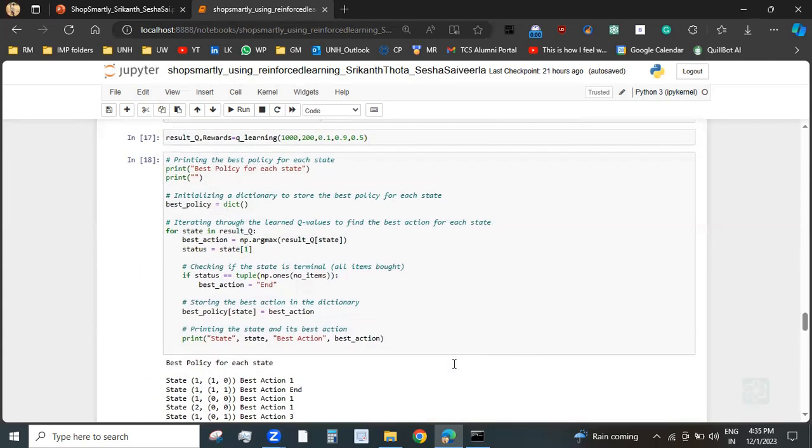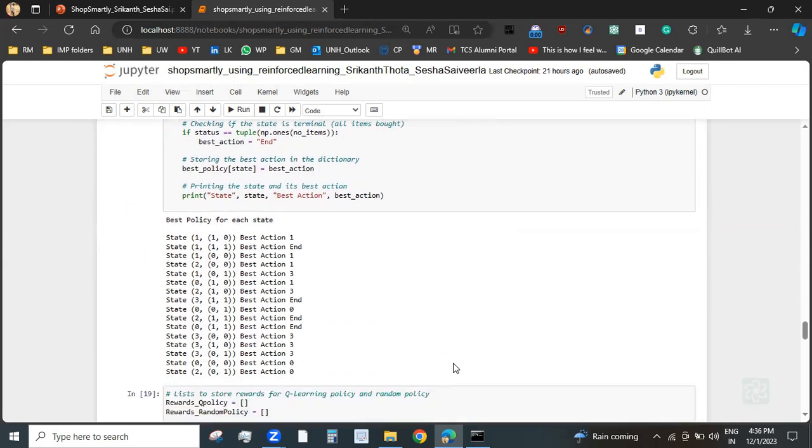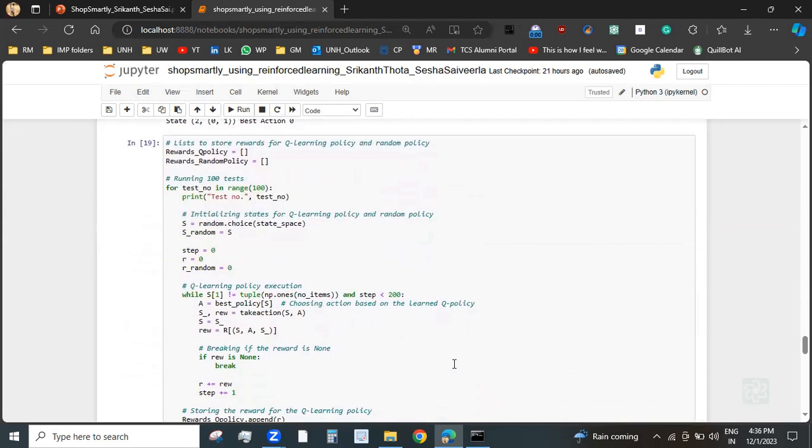Okay, here we have the state space, meaning here we have the 16 states, and after the state there will be 1, 1, 0. The first 1 indicates the shop number, the next 1 indicates that the item is available, and 0 indicates the item is not available. So in the first scenario, in state 1, we are going to shop 1, and the first item is available and the second item is not available. So we are considering it as the best action, but we have not ended the shopping. So if you go to the next state,